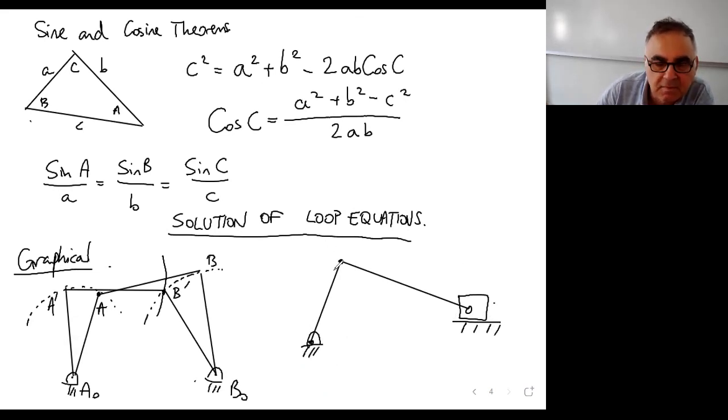Let's say that this is our slider crank. The crank, this one, which is A0A, let's say, rotates, it traces a circle, as we know. Perhaps a larger one. So when the crank comes to another position like this, A prime,